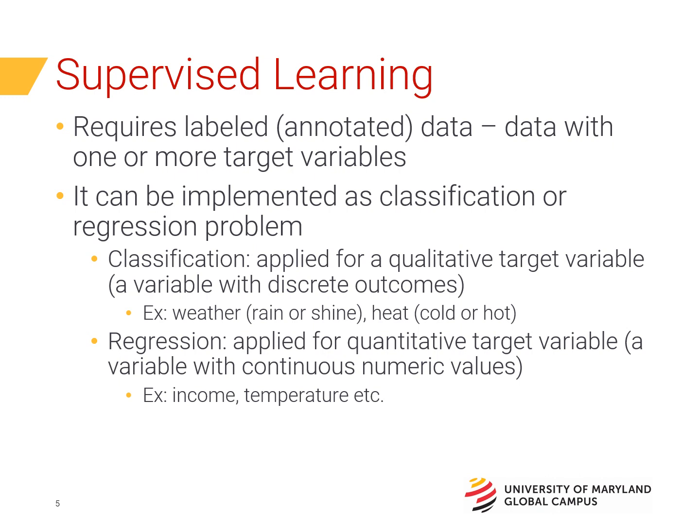During the training phase, the algorithm iteratively adjusts its internal parameters to minimize the difference between its predictions and the actual target values. This process is guided by an objective function or loss function, which quantifies the model's error. The goal is to find a set of parameters that minimizes the overall error across the training examples. Once the model is trained, it can be used to make predictions on new, unseen data.